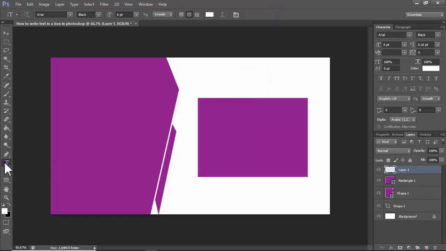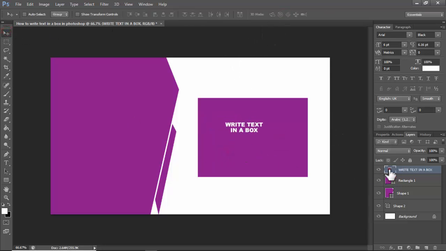Again, create a new layer, choose the horizontal type tool and type anything. Write text in a box. Okay. Then double click, align